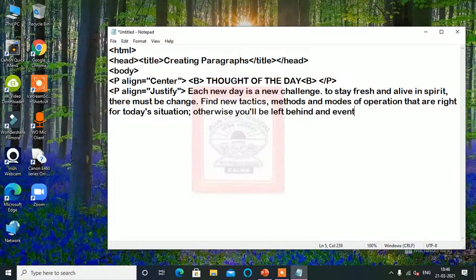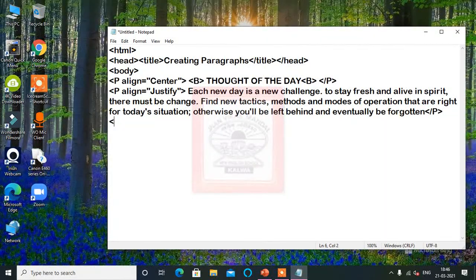It is three lines, so this much I have typed here.